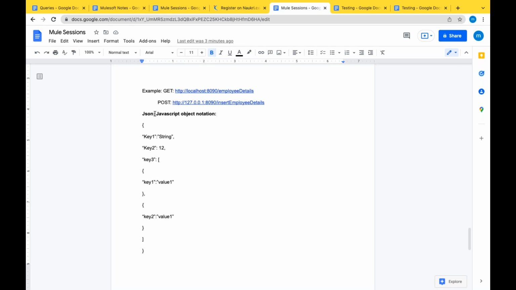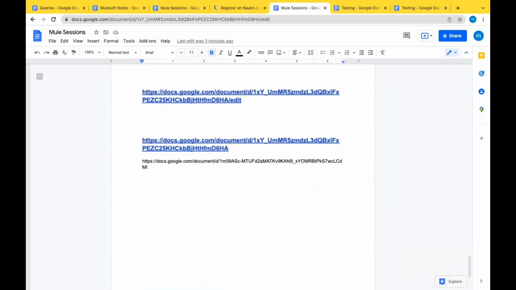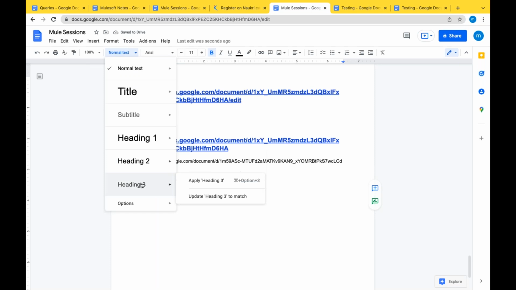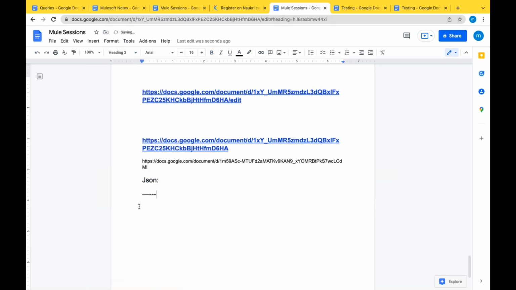JSON, JavaScript Object Notation. So JSON starts with a flower bracket and ends with a flower bracket.